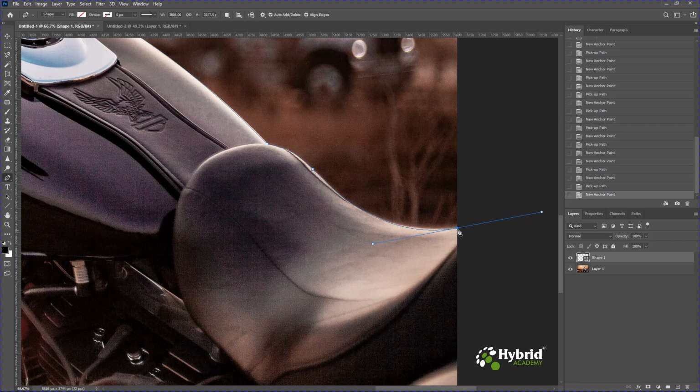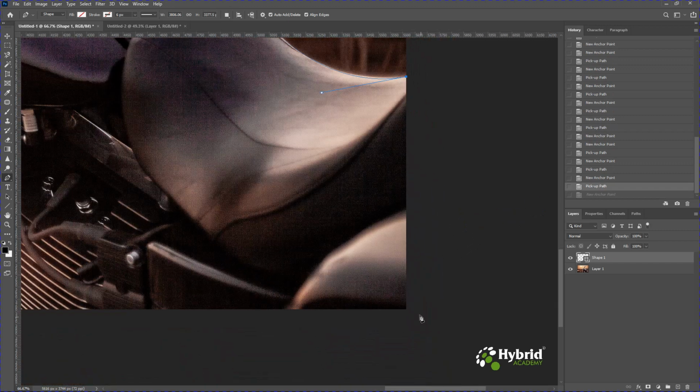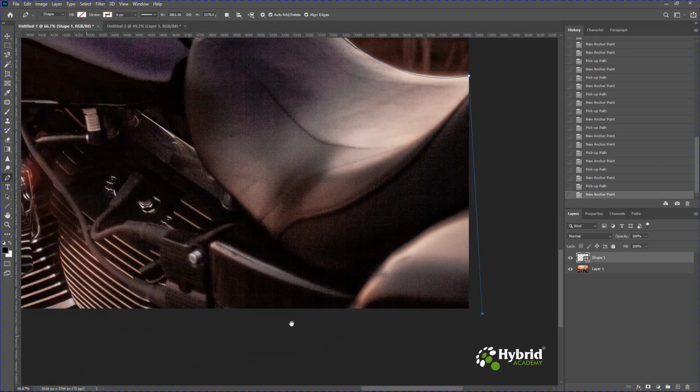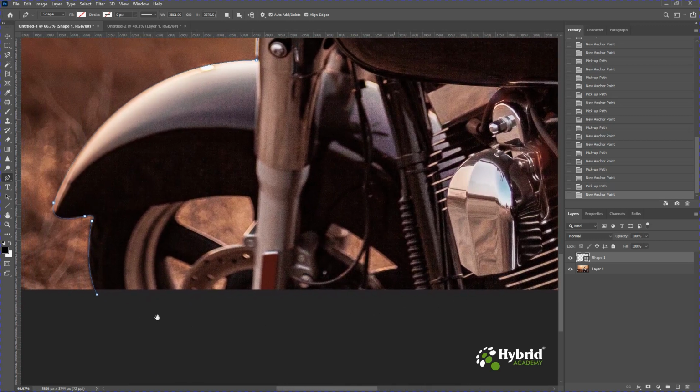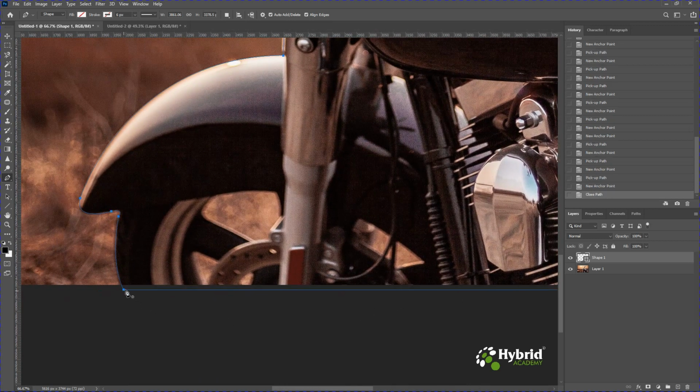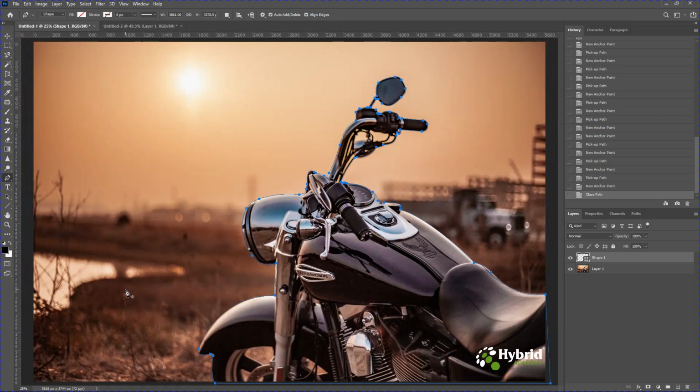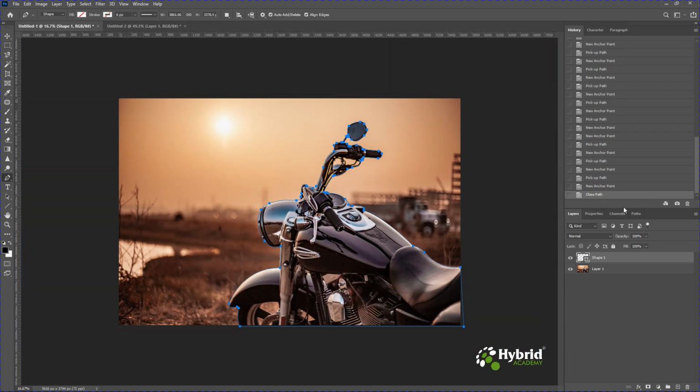Now you can see that we have completed this from end to end. So now what we can do is that we can simply click once here, and then we can again click on the starting point like this, and you can see that the complete path is created. Now if we go to the path section, you can see the complete saved path,